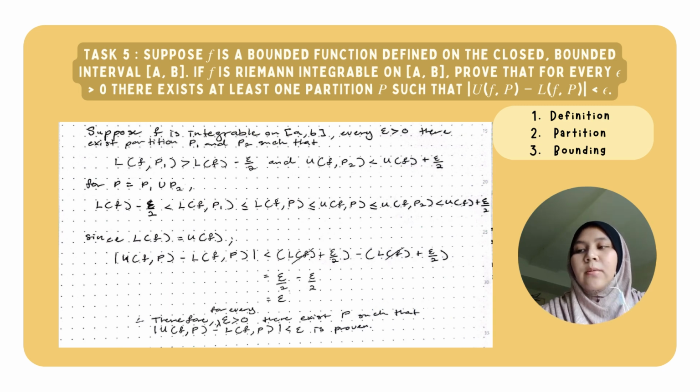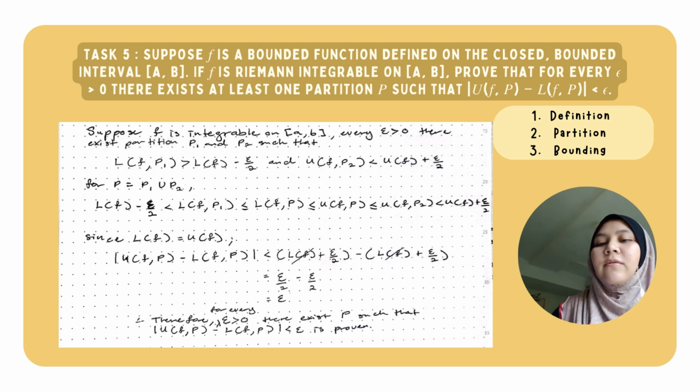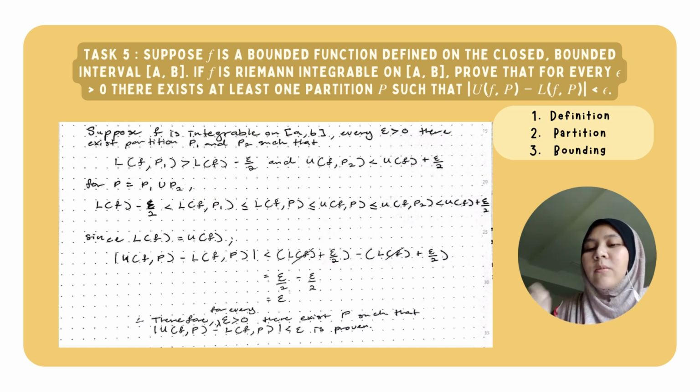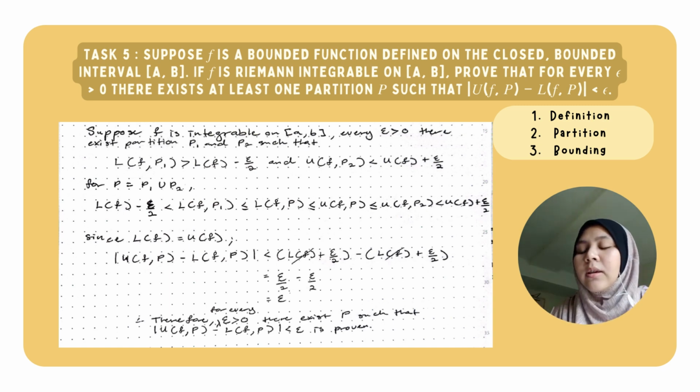For task 5, suppose f is a bounded function defined on the closed bounded interval [a,b]. If f is Riemann integrable on [a,b], prove that for every epsilon bigger than 0, there exists at least one partition P such that U(f,P) minus L(f,P) is smaller than epsilon. For this question, we need to define the function f,